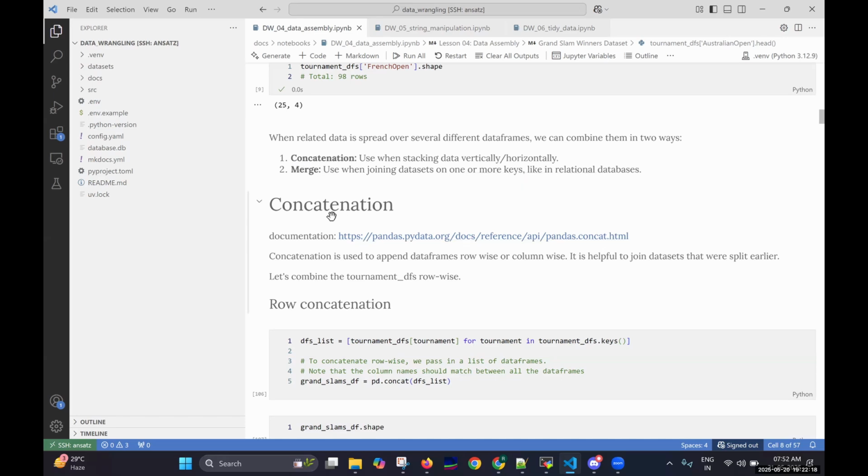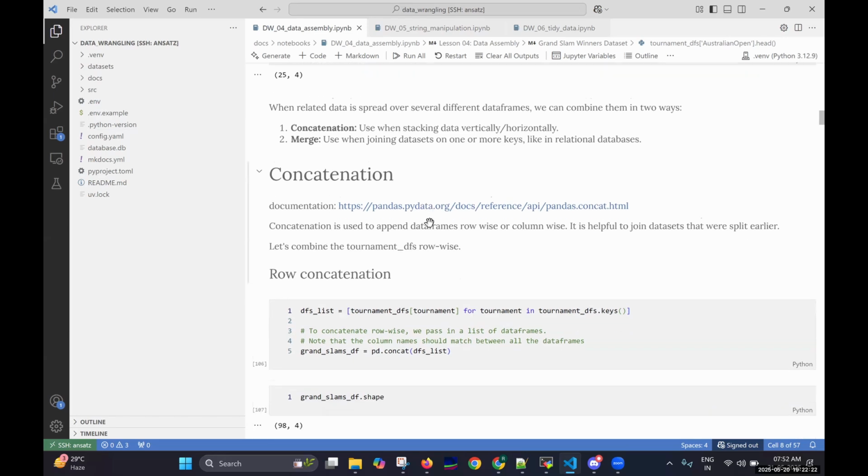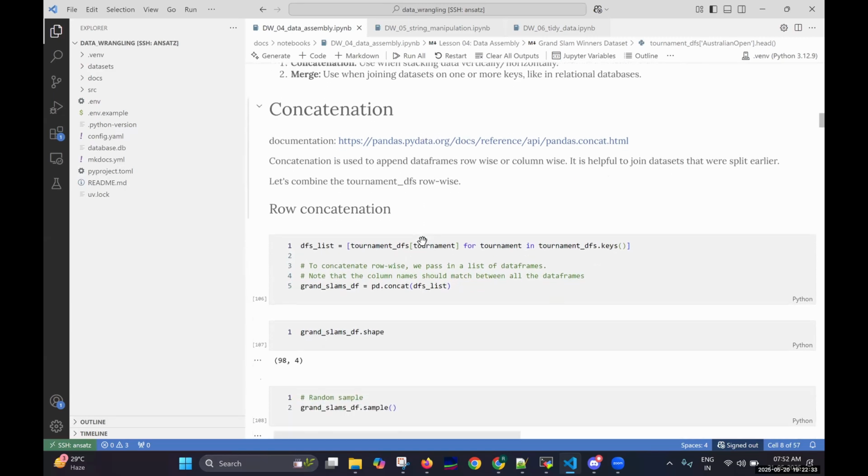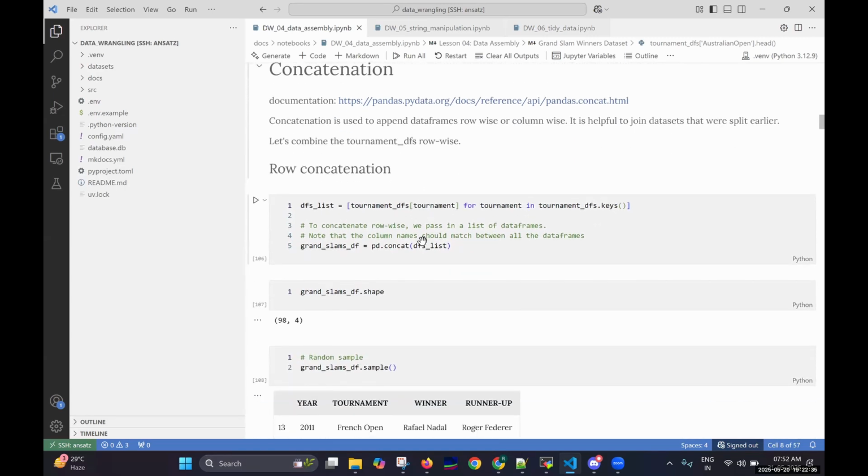We'll see how these two, horizontal and vertical, work and how they differ. There's documentation also present here, so you can have a look at it if you want to. So we'll see row concatenation. How do we concatenate by row? In the case of row concatenation,